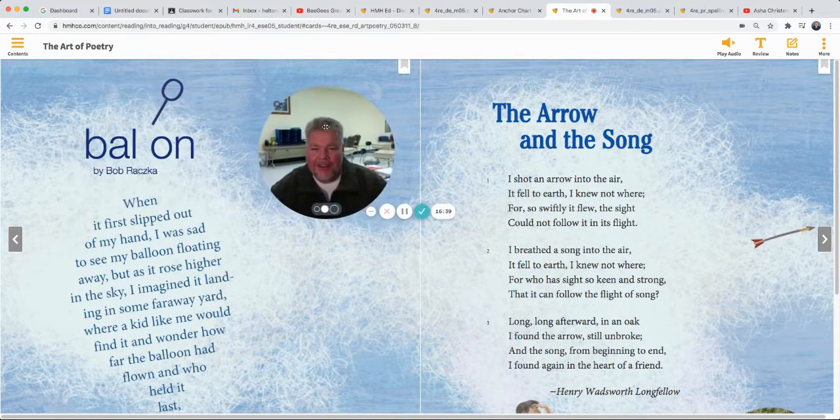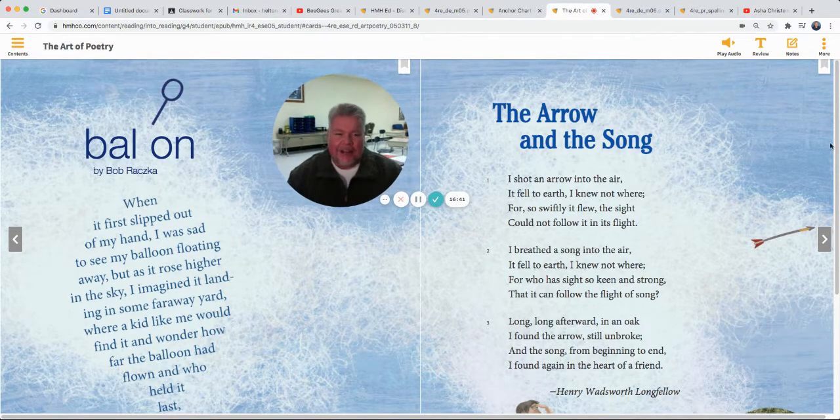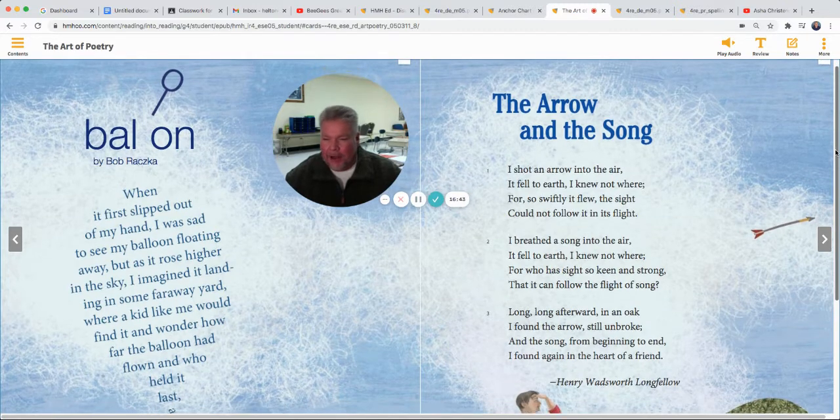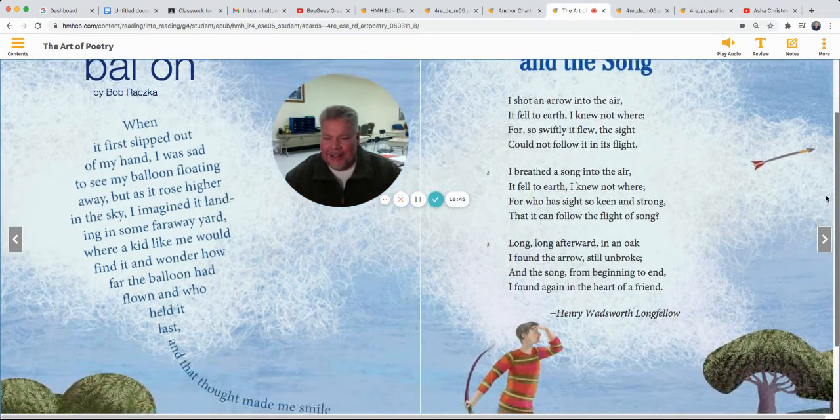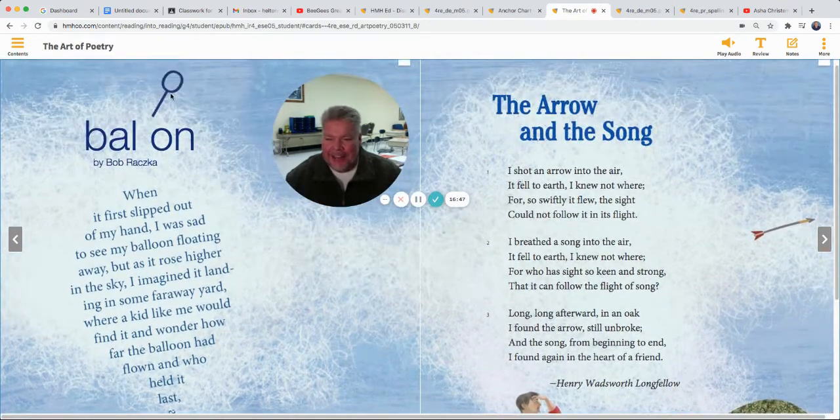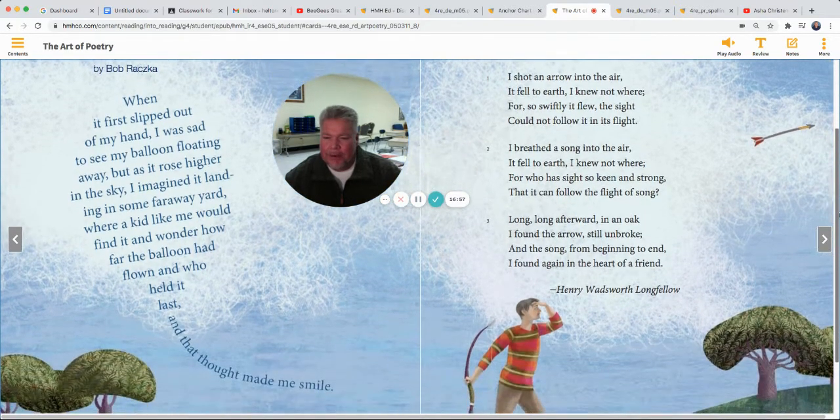Okay. This poem, when I first looked at it, I thought, what in the world? I didn't understand it until I read the poem, and this L looks like a balloon, and it's supposed to be floating off. We'll find out why. So let's read this poem called Balloon. Before we read it, I want you to look at the shape of the poem. It makes a balloon, doesn't it? So this poem is written in the shape of what its topic is, of what it's about.